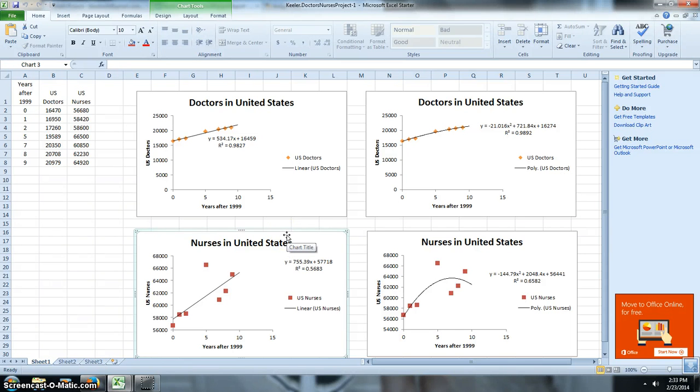This project is presented to Mr. Weatherby. The purpose is to find if the ratio of nurses to doctors will level off in the future, and if it does level off, where. You also need to find if the amount of nurses or doctors will increase or decrease in the years after